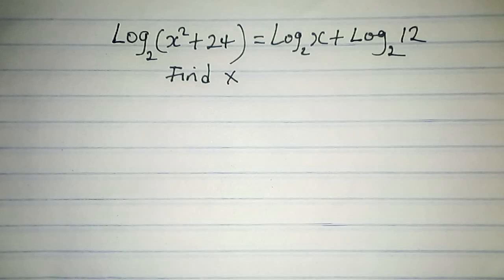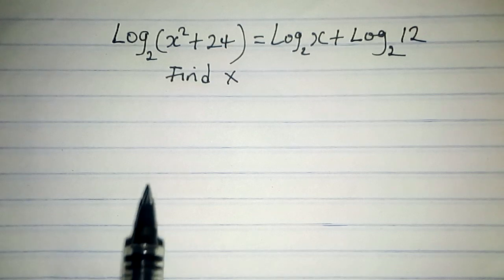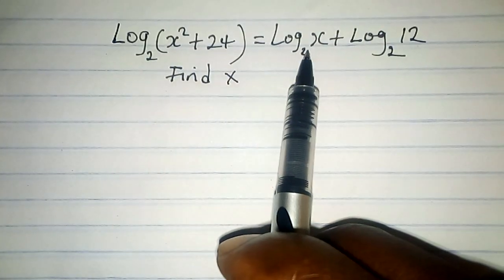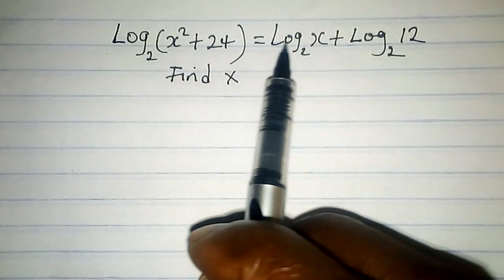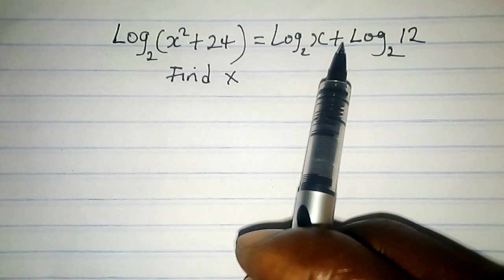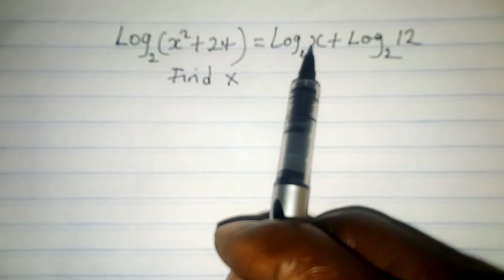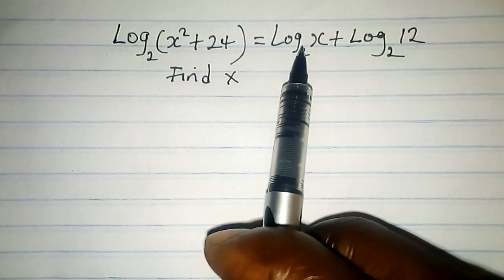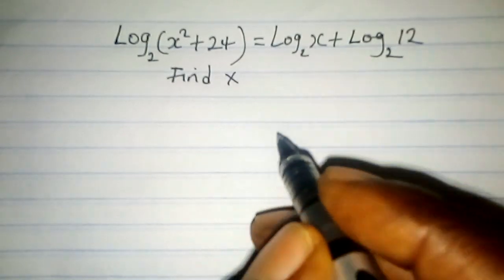Hallelujah Maths class. Looking at the problem, we are asked to find x. What do we do? The first thing to do is to check the base. The bases are all the same. So we look at the right hand side. We can rewrite this right hand side, because the bases are the same, as